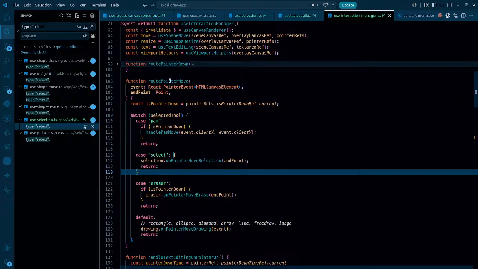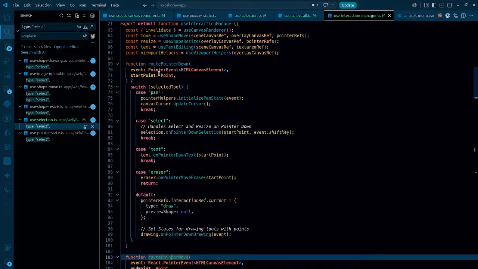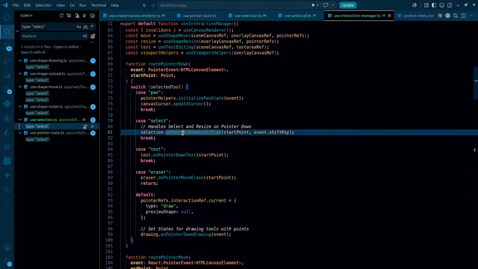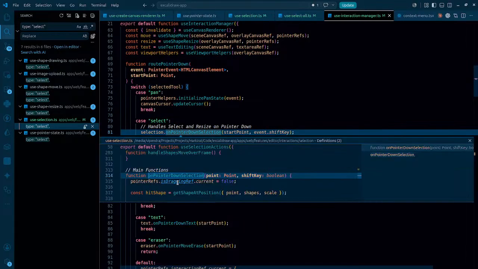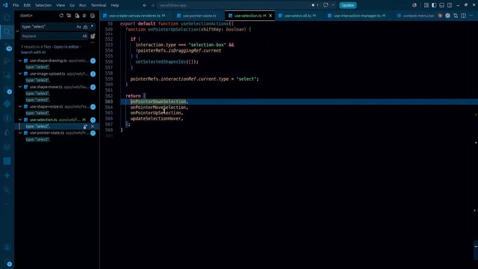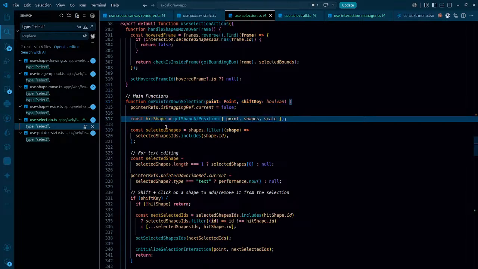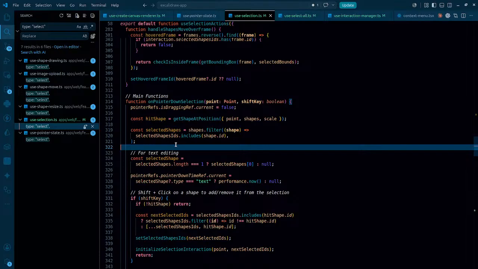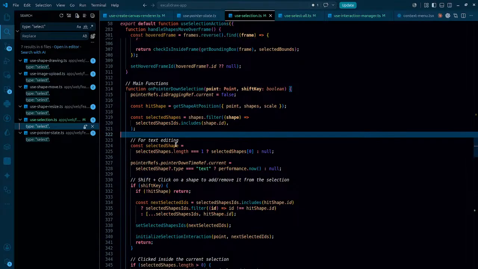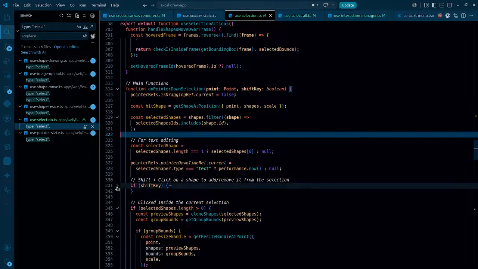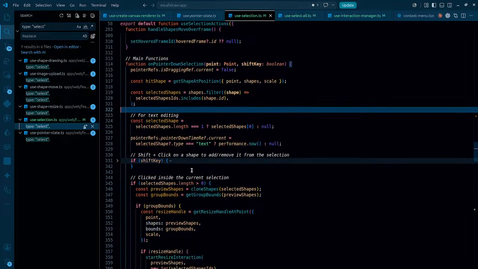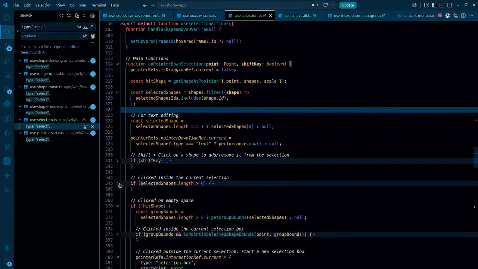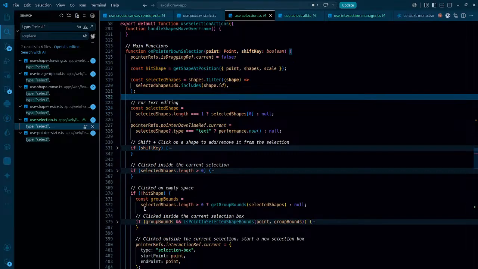We have to go with this one, and the type is select on pointer down selection, and when it comes to this on pointer down, at this point of time, if we are clicking shift plus this, then okay, click on the shift to add or remove, clicked inside the current selection, then okay, clicked on an empty space,